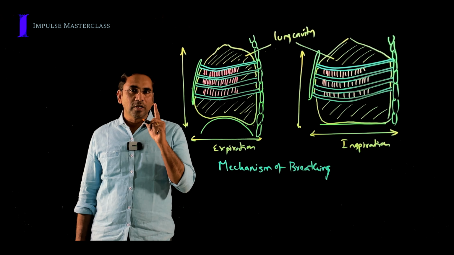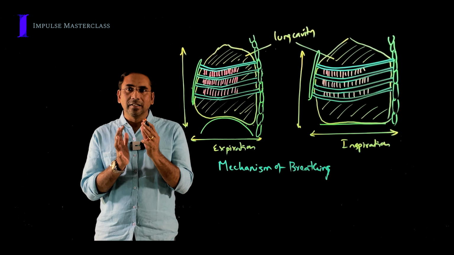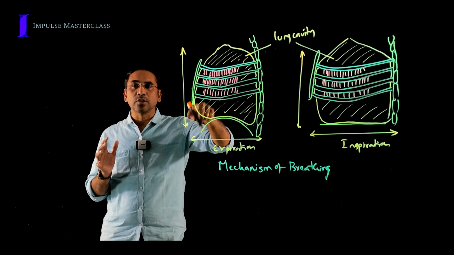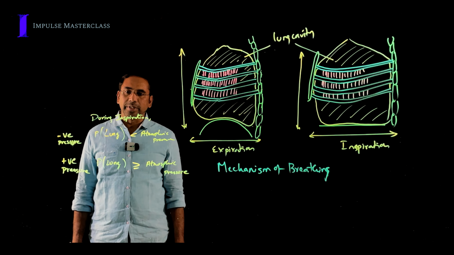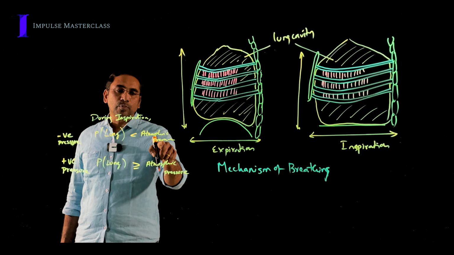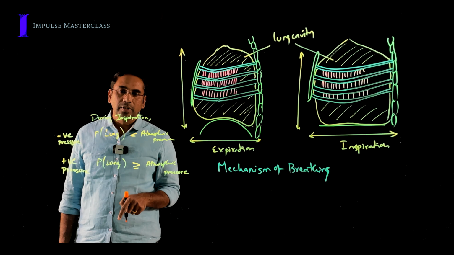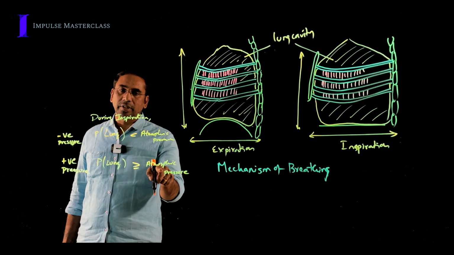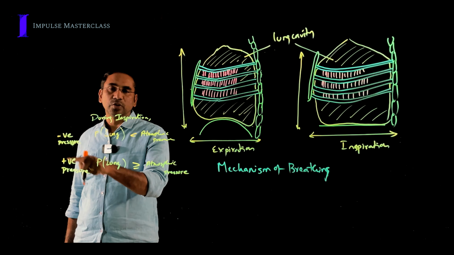Here you need to remember one very important key point. Lungs by themselves cannot expand or contract, and their expansion and contraction is mainly brought about by the expansion and contraction of the thoracic cavity. Now let's see the difference between negative pressure breathing and positive pressure breathing. During inspiration, when the lung pressure is lesser than the atmospheric pressure, the air can easily pass into the lung. This is negative pressure breathing. In the same way, when the lung pressure is greater than or equal to atmospheric pressure, a special mechanism is involved to push the air into the lungs. This is positive pressure breathing.